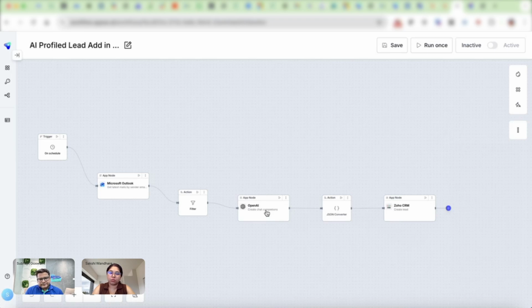Absolutely liking how user friendly it is, and I'm sure it's saving a lot of time for you as well from your manual task. But Subhajit, I would like to understand from the Zoho partner's point of view. Say, for example, there was this question the other day in terms of support. So this is one of the scenarios that you have built. There could be a lot of scenarios out there which probably require help from the AppSe AI team. So what sort of scenarios are they, if you can give us a few ideas?